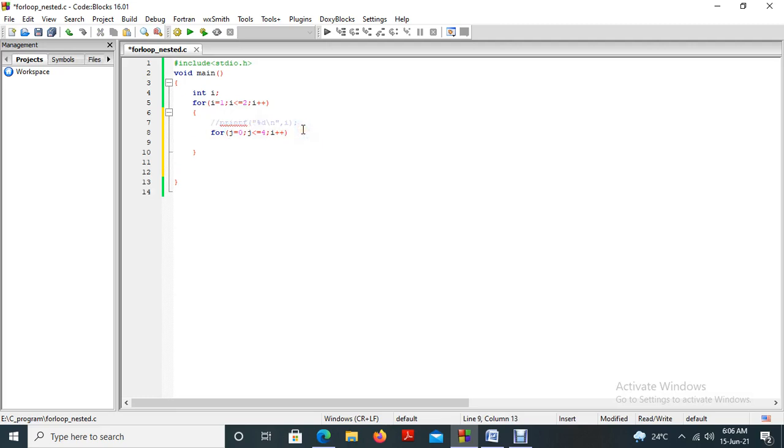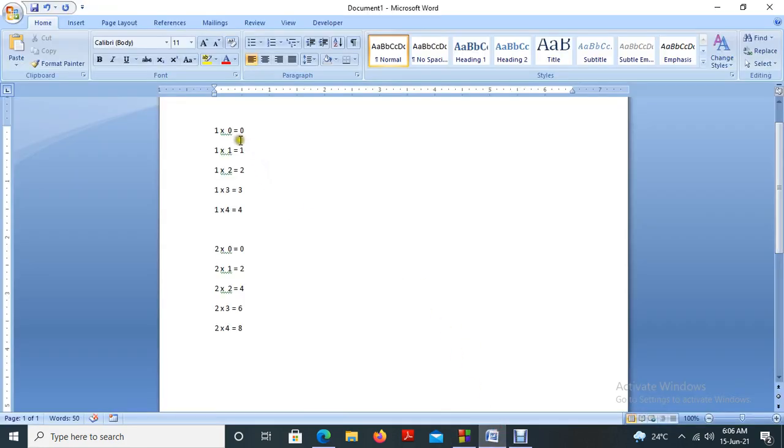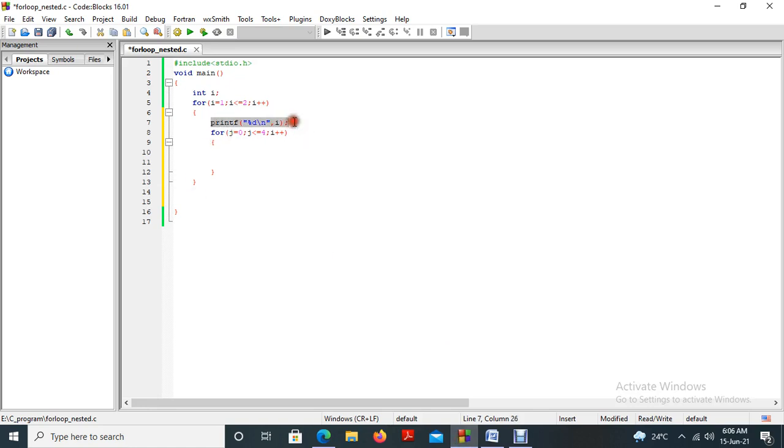So again, here printf, I have to verify whether 1, then after that how many values we are getting, 0 1 2 up to 4 we need to print. So I am using the same statement to print the j value to identify whether the program works or not. Percentage d \n j. Let me run this program.